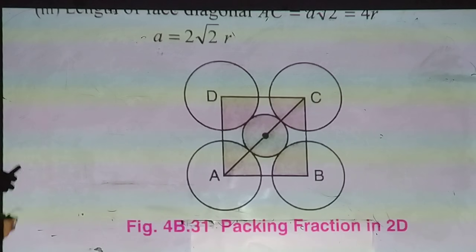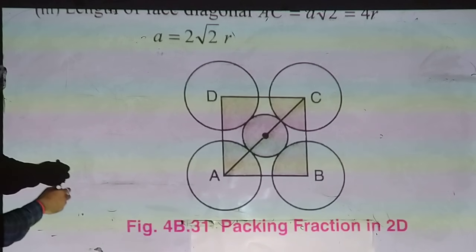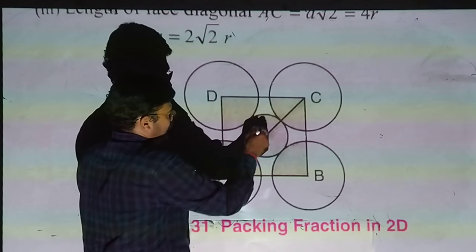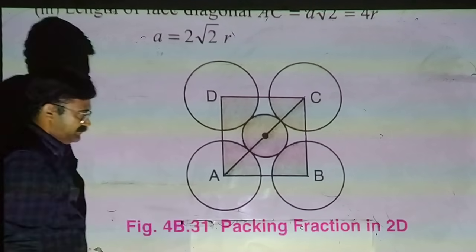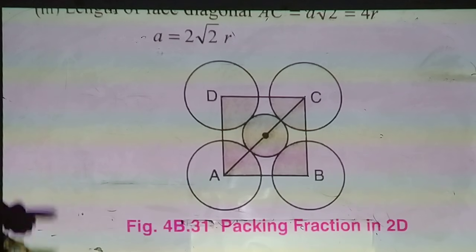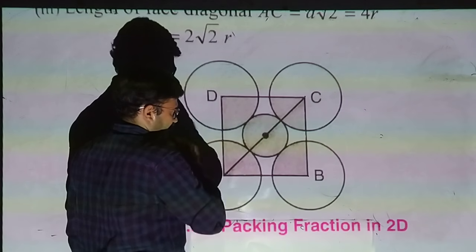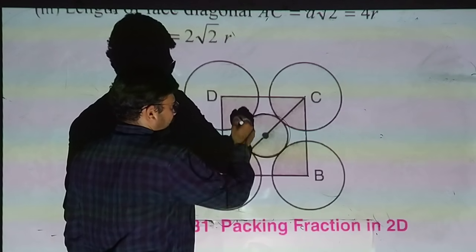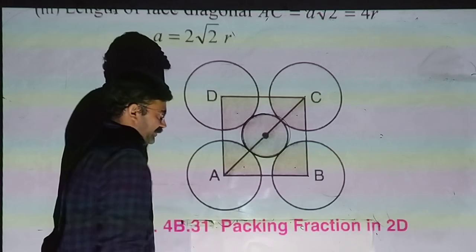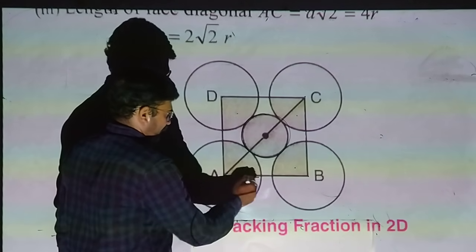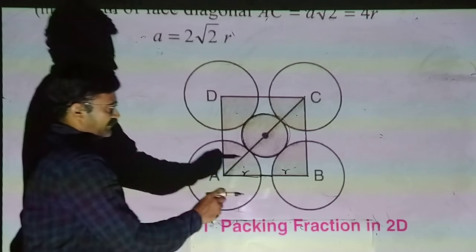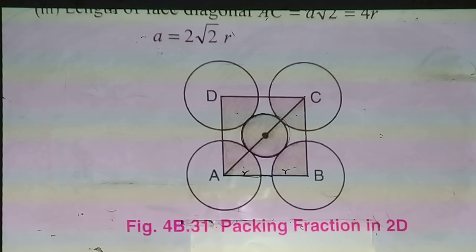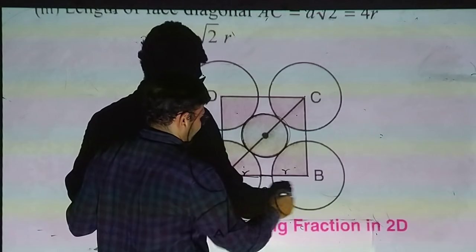FCC in 2D. You can see in the face centered arrangement, spheres are present on the corners and on the face center. So a face centered sphere is connected with another 4. Here our spheres are not touching each other. There is a gap, so we can't derive the edge length directly.